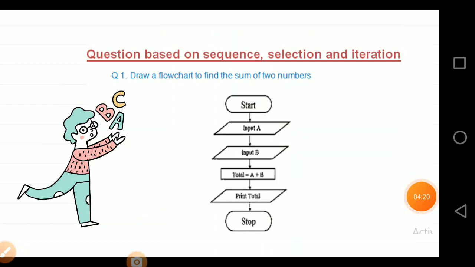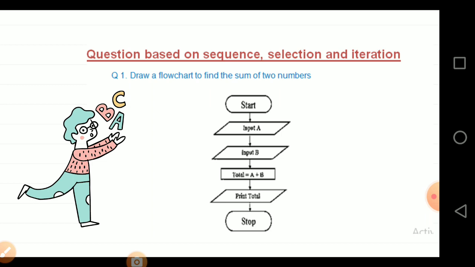Now see an example. We are going to draw a flowchart to find the sum of two numbers. Starting with the start symbol, we learned that we are using the terminal symbol, which shows the start and end. You have to draw the start first.